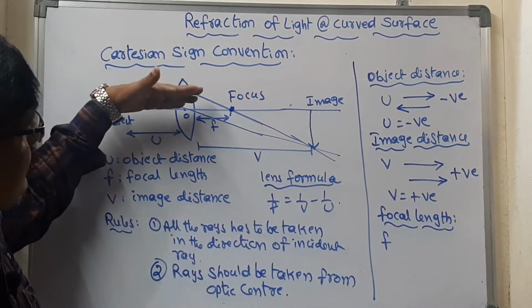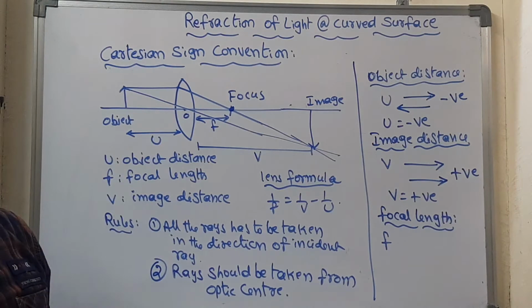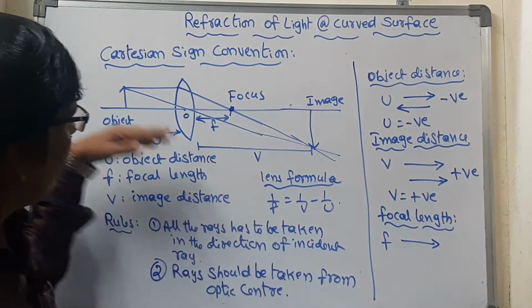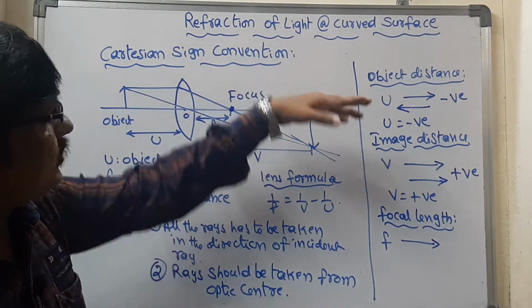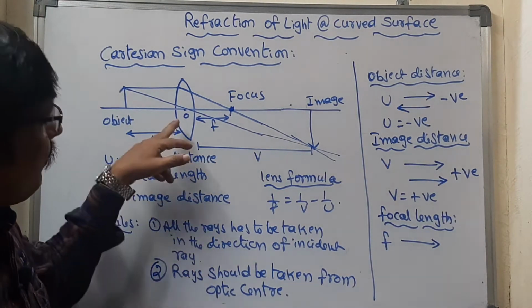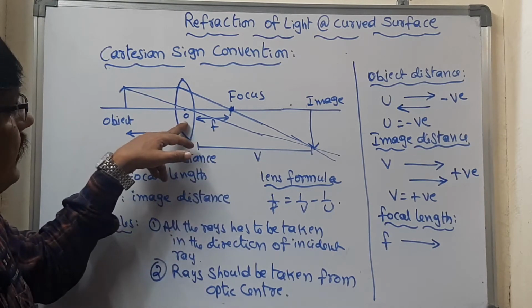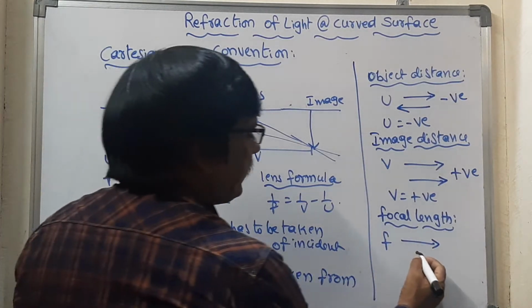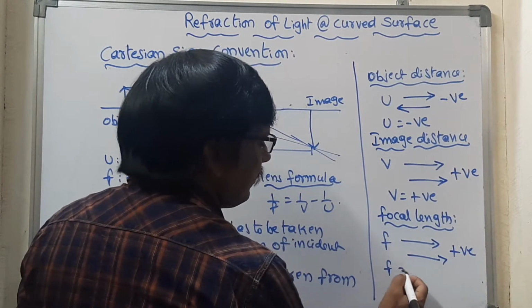And so the first one is the ray has to be taken in the direction of the incident ray. So what is the direction? Left to right, isn't it? Left to right, because the direction of the incident ray is this direction. That is why the focus is also in this direction only. Is it okay? The next point is for values. What is the second rule? Values have to be taken in the direction of the incident ray, and that is also in the same direction, left to right only. And so we can consider f is equal to positive.